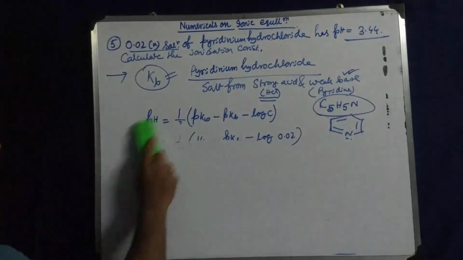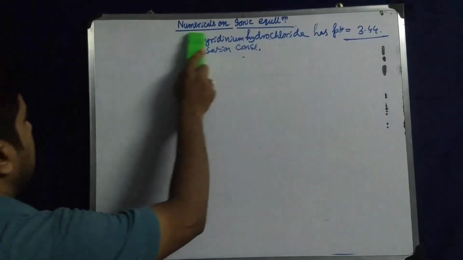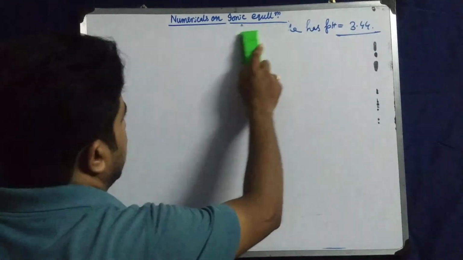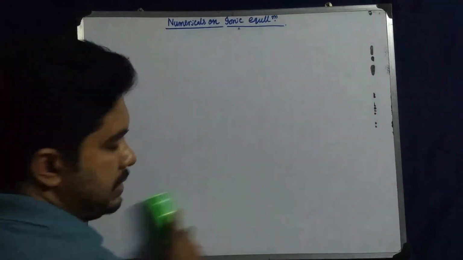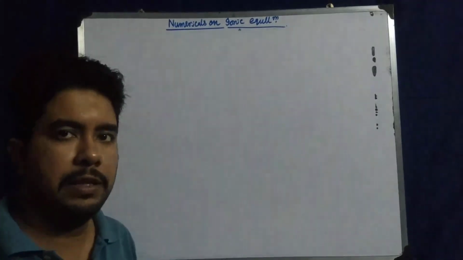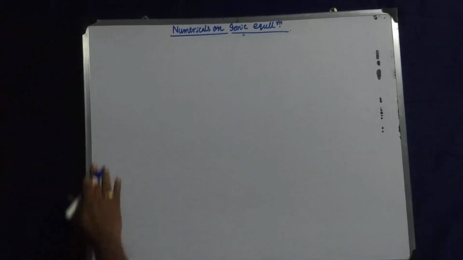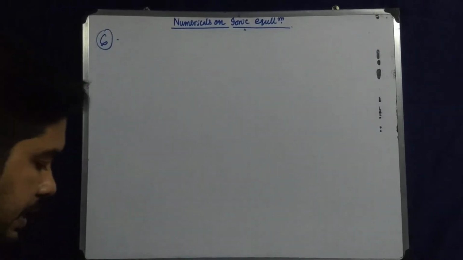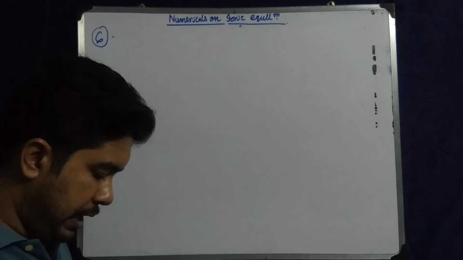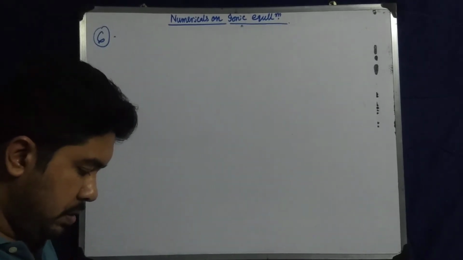Okay, so now let's do the last type of numerical problem. Another two or three types are over there. The next day I will try to give you another video like this, so that you will get these types of numerical problems again. So what is it actually? The next type of numerical problem, question number 6. Let's look at the numerical problem that I have right now with me.